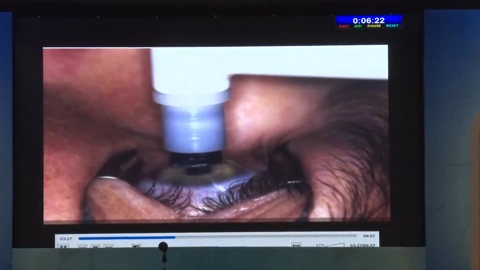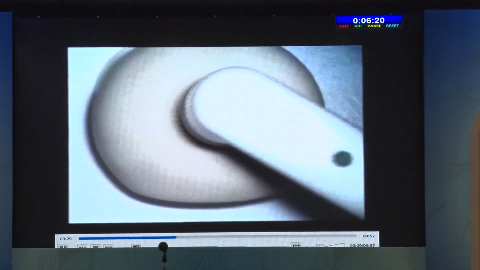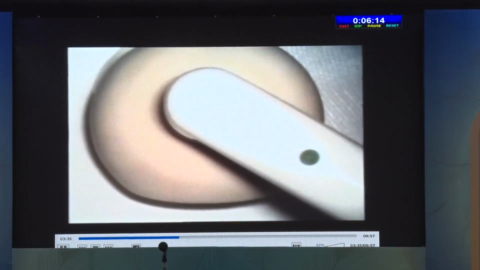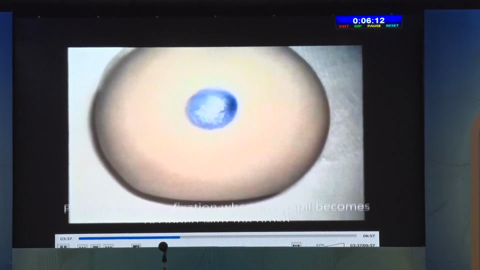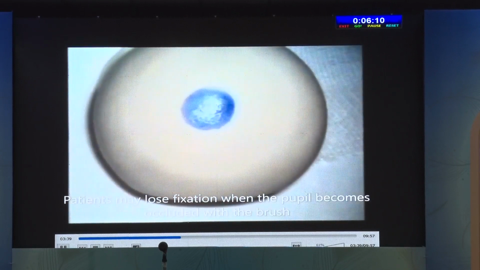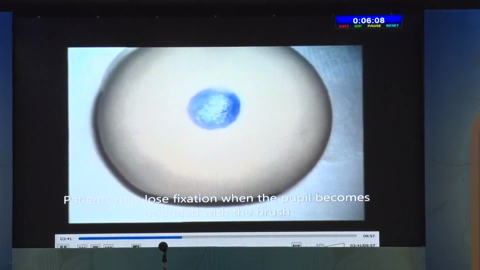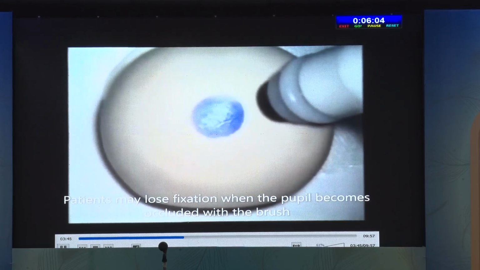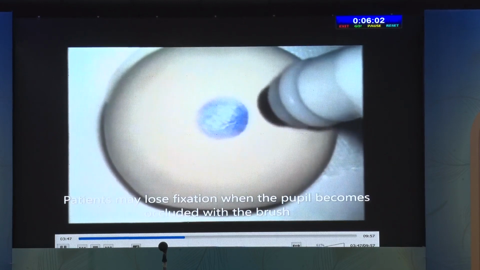The brush, which is the Amoils brush, is basically used, which is a rotating brush, which is used to scrub off the epithelium. This is an animation where if you put the brush vertical onto the cornea, it will cause a uniform ablation of the surface, a uniform removal of the epithelium. But if you are not putting it perpendicular, then it is likely that you do not remove epithelium from the full area. It can be partial.